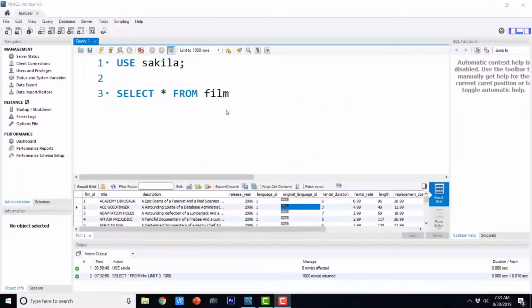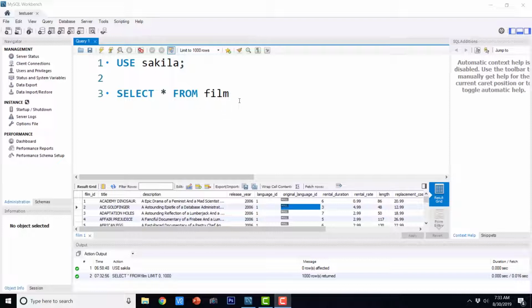Hey guys, welcome to this video lecture, and in this video lecture we are going to have a look at the NULL and LIKE operator. So let us get started. We have already seen NULL. NULL means nothing but absence of data. So NULL doesn't mean 0 for numeric columns, and it certainly doesn't mean empty string for text columns.